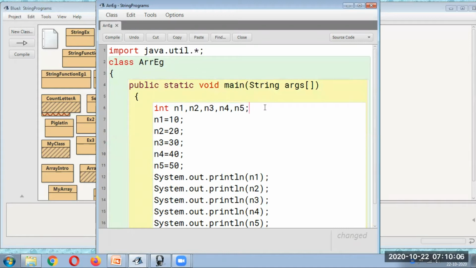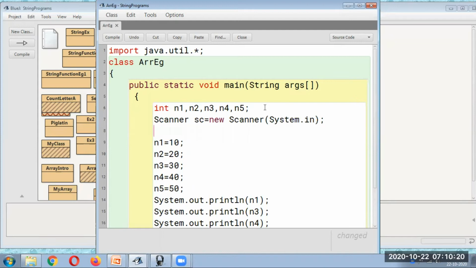Now I can make use of the Scanner class and then we can accept the data. When I want to accept the data, I would write n1 is equal to sc.nextInt. The same thing I have to write for the other values.